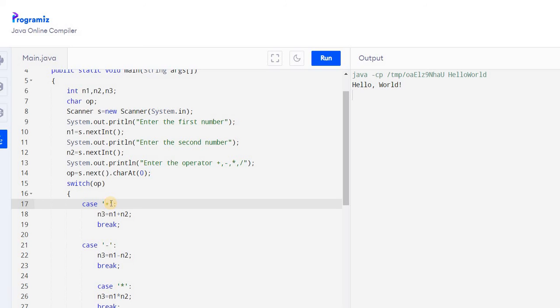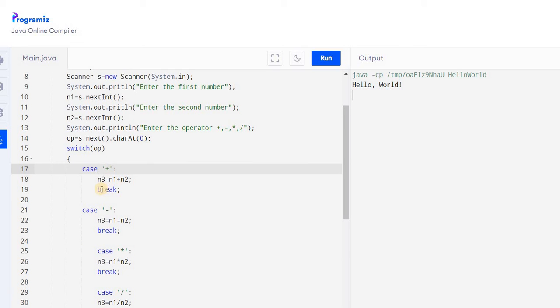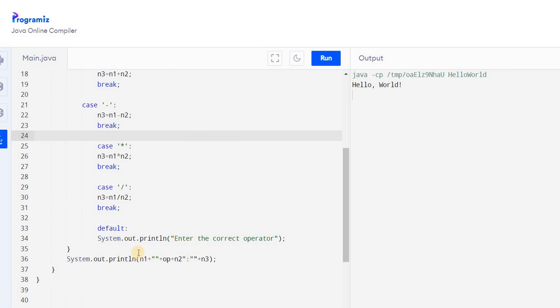If you are giving numbers as cases, just give case 1, 2, 3, etc. You need not mention them in quotes. And all the cases should end with break. And if it is default, if you are not entering the correct operator, we are telling the user to enter the correct operator, and then we are displaying this.